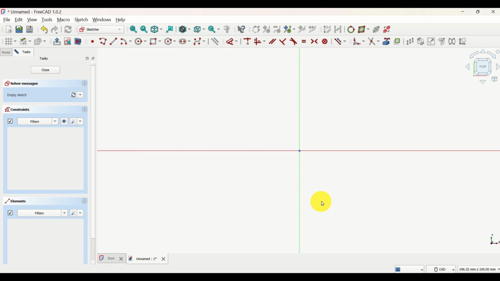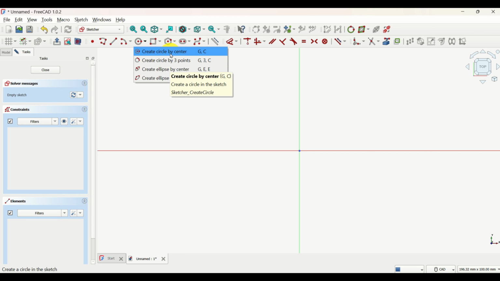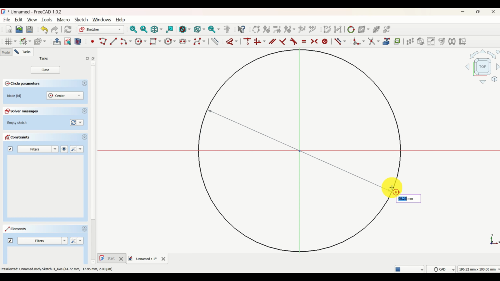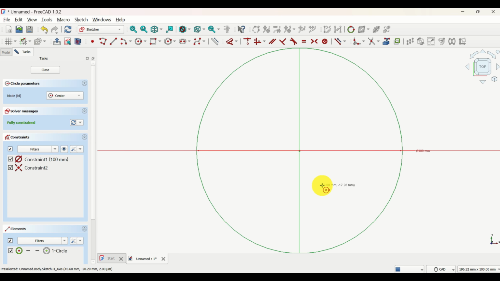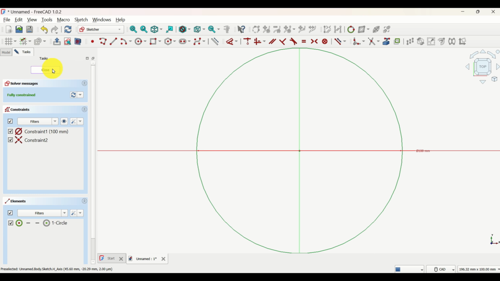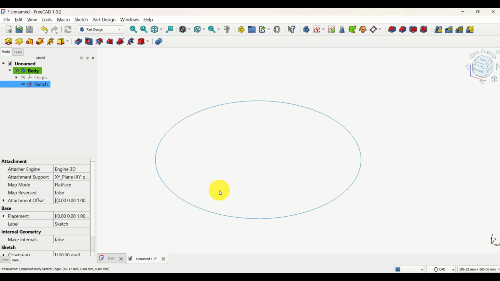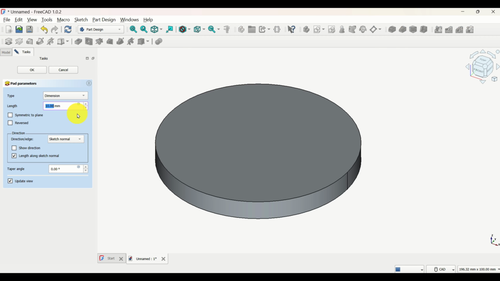Let's create a simple object. Here I will create a circle. So click here, click on Create Circle by Center, click over here and draw a circle. Here you can specify, for example, the radius to be 100. With the right click, click on Close, and here is our circle. The next step is to extrude this surface. To extrude this surface, simply select the sketch, then click over here and specify the extrusion distance to be 10,